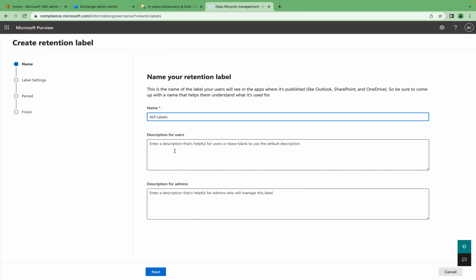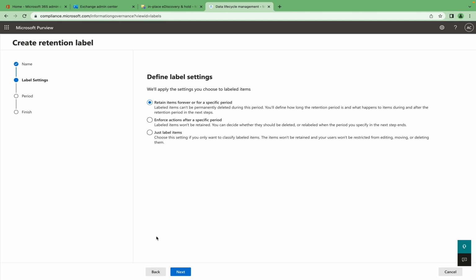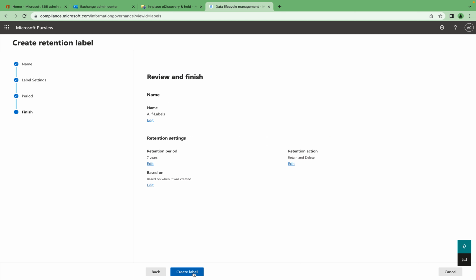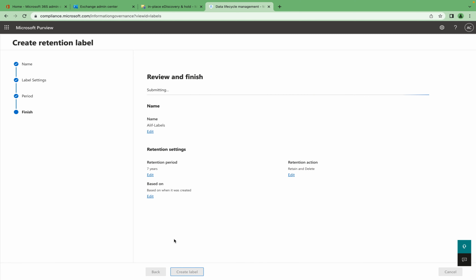You can specify the description for user, description for admin. You just need to click on next. You can define the label settings, retain the item forever or for a specific time. You can specify the period, or choose what happens when the retention period expires. That's something you can do. Click on next and click on create label. Now this label is created. However, you just need to publish this label